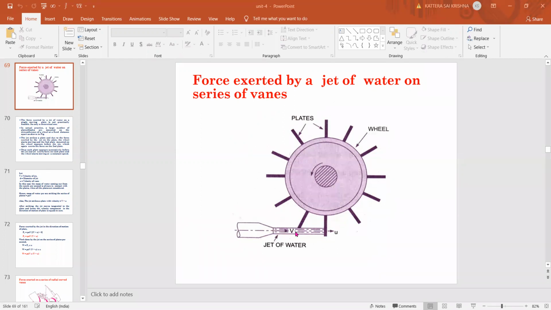So as the water continuously hits the blade, one blade first will be hit, then it will move because of the velocity. Then the second blade automatically comes and joins here. Then again the impact will be on the second blade. So automatically the drum will completely rotate. The wheel will rotate continuously as the jet hits each and every blade here.